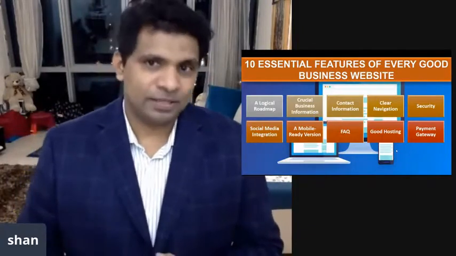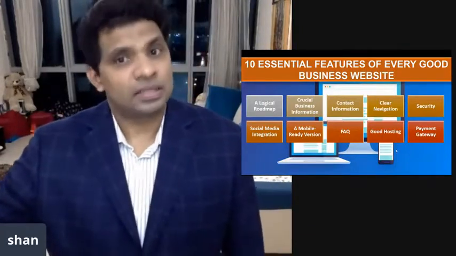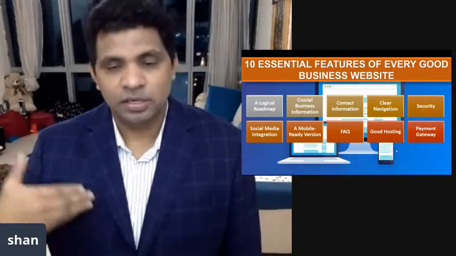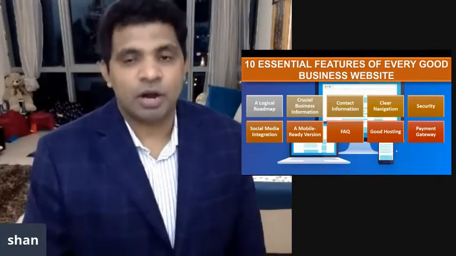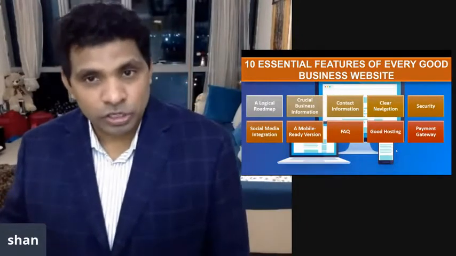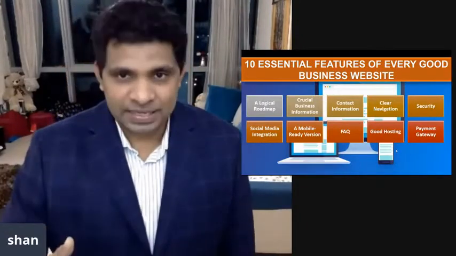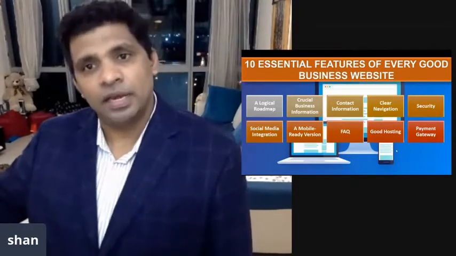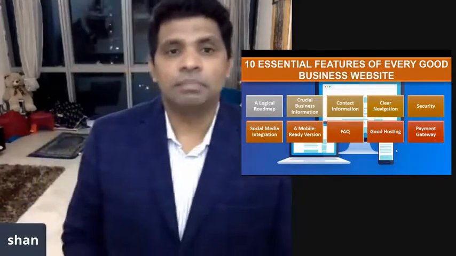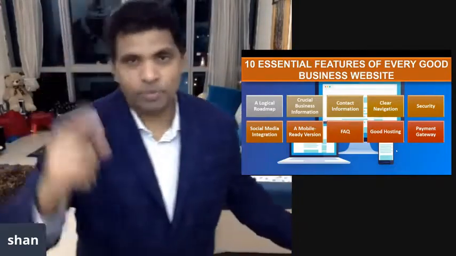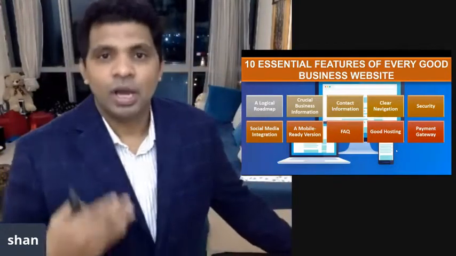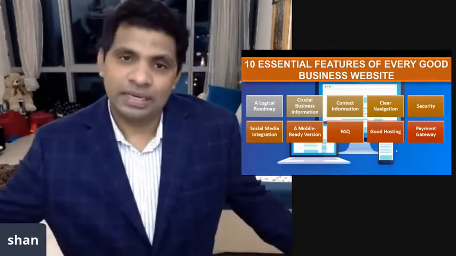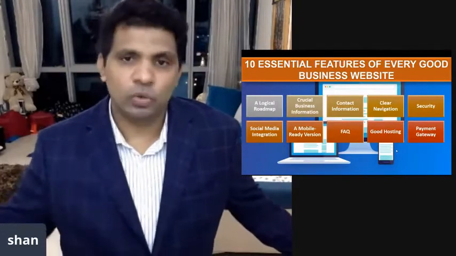Logical roadmap means a customer comes in, and how does he explore the information, how will he be excited to buy products, how will he be motivated to take some action? Then if he does that, what will happen? When he does that, what is the next step? Then what happens? Like this, then he buys. This is an important part of a roadmap. You have to think from a consumer's point of view: where he starts, how he lands, and how he leaves us.